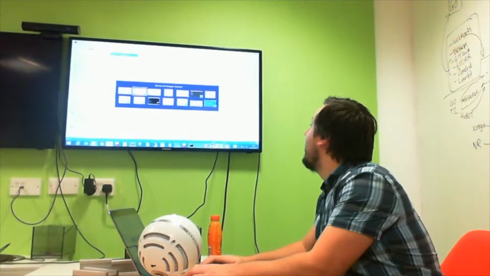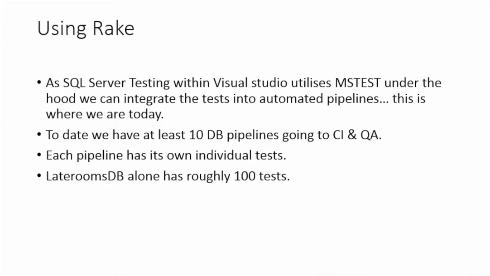No, cool. Alright. So, as SQL Server testing is done within Visual Studio and it utilises MS Test under the hood, we can integrate the tests into automated pipelines using a lot of Rake, a lot of Ruby, and today we have 10 DB pipelines going into CI and QA, and each pipeline has its own individual tests. Roughly we've got about 100 tests in the LateRooms database alone,